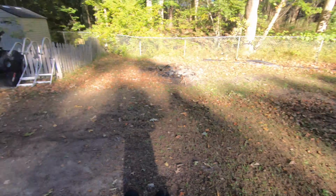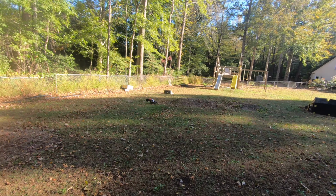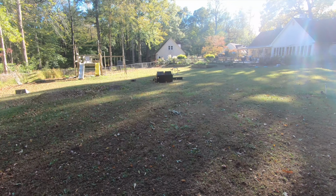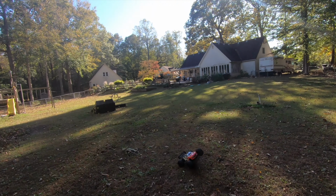We are gonna do a complete side-by-side test of these. I'm not gonna just be unfair and just say that that was better. I'm gonna show side-by-side, one after the other, switching controllers and doing a run video for you guys. Probably I'm gonna do this whole battery pack, let it charge up again, and then come back out and run. I didn't want to do it first run because I wanted to make sure I had,